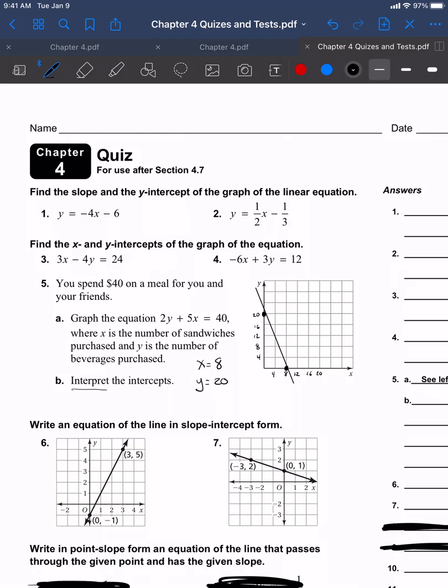What's an interpreter do? They translate. They explain it in a different way, right? Maybe in a different language, maybe in a different, I don't know. But interpret, explain what the intercepts are. So for example, it says X is the number of